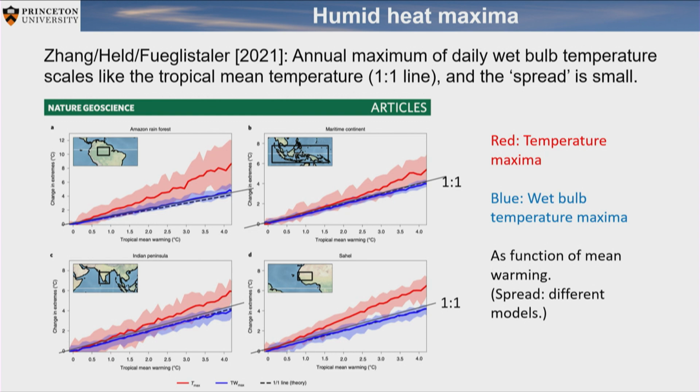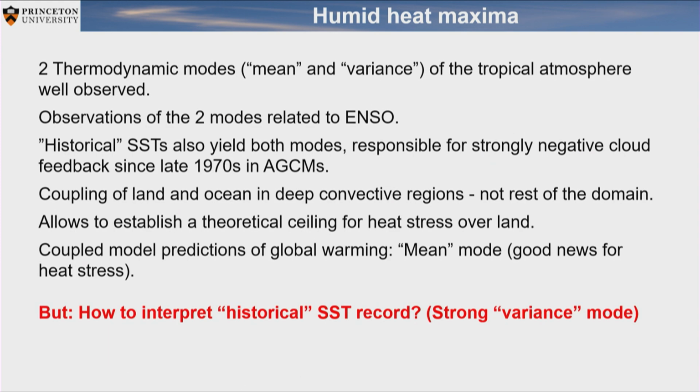Before I finish, what I want to emphasize here is this is a climate model result. And what I said before was exactly that the climate model plays on the first mode, on the mean. A coupled model doesn't have a strong signal in this second mode. And of course, you can see that if this second mode was important for climate change, then it would look different here, because that would also mean you would have a decoupling of the extrema from the mean of the tropical temperatures. Good. With that, I come to my conclusions.